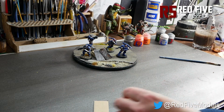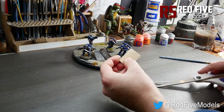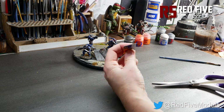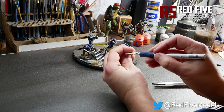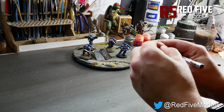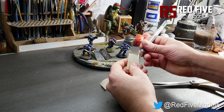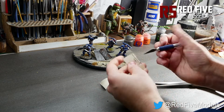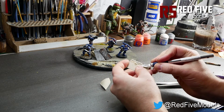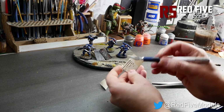I always make it a little bit bigger because you can always go back and tidy it up at a later date. And then it's just a case of finding the gaps in the corrugation and then basically separating. A bit of a boring job, but separating the top layer of the board, being as gentle as you can so you don't crush the fluting inside, and stripping all that top layer of board until you're left with that